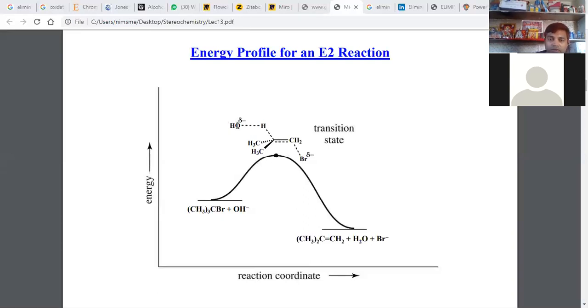You can see here, this is bonding with this and this bond is getting broken. This bond is being formed and this bond is getting broken. So in the transition state, the potential energy of the substrate, the molecule, is higher. Now after the formation of the product, the potential energy decreases and the product becomes stable. That is why its potential energy decreases. Understood?